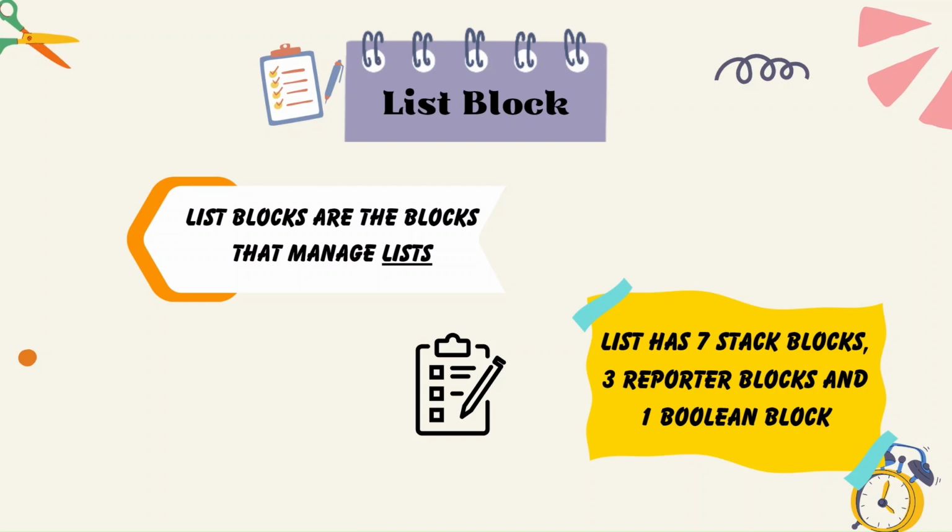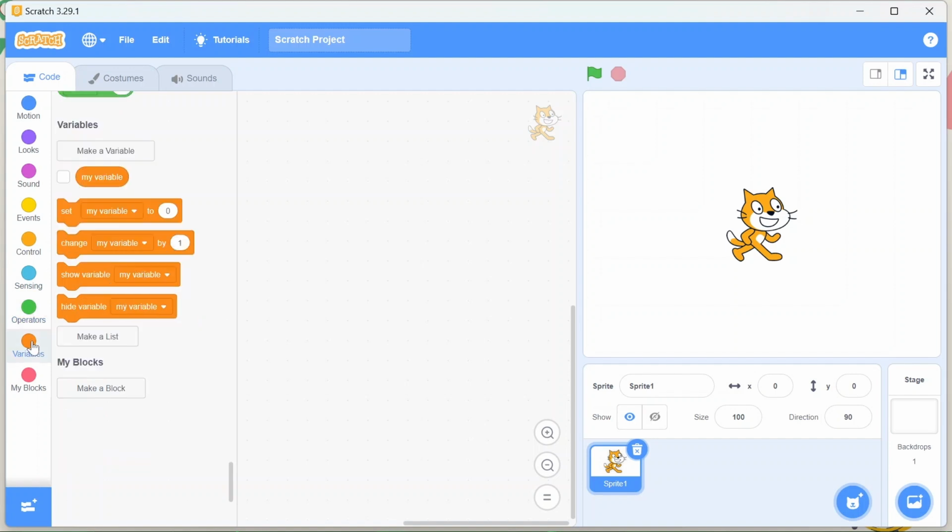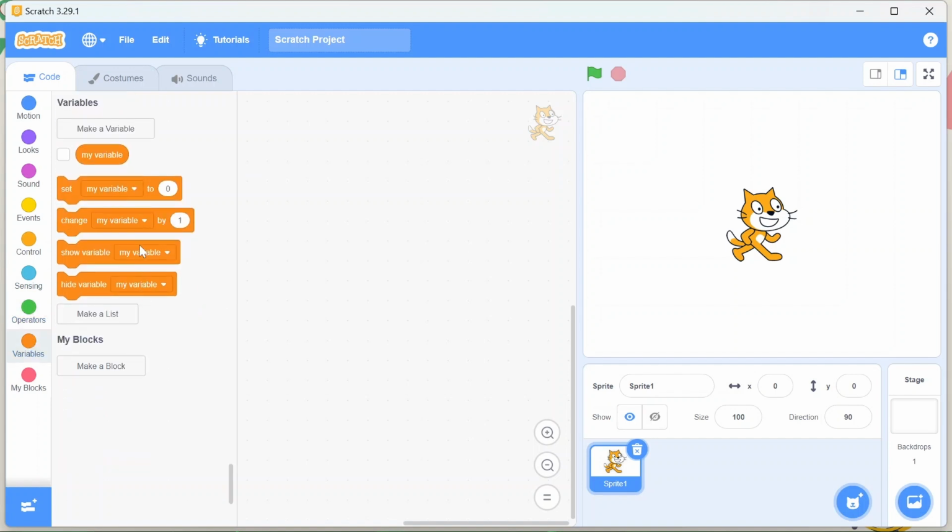So let's go there once, and I'll show you how these blocks look. Here we are in our Scratch editor, right? We have done motion, looks, sound, events, control, sensing and operators, which we talked about in the last video. Now it's time to talk about these variables. These variables are in orange color. You can see here these different variables we are going to talk about. I told you the use of these. Then comes this My Variable, and this is very much important. Let us get back there.